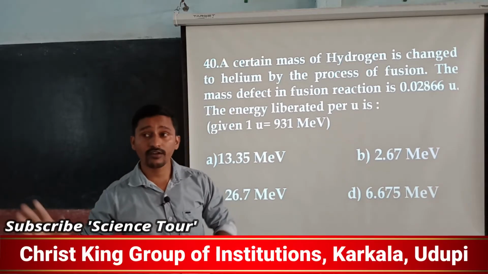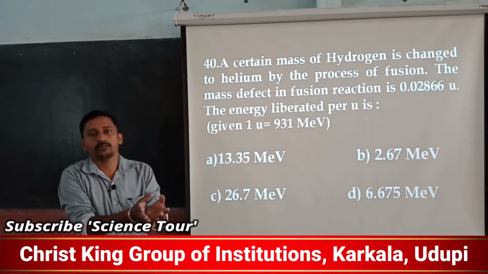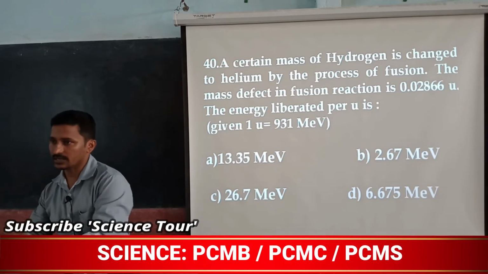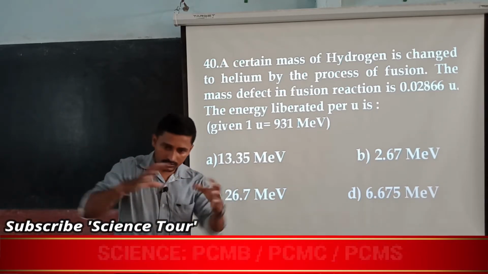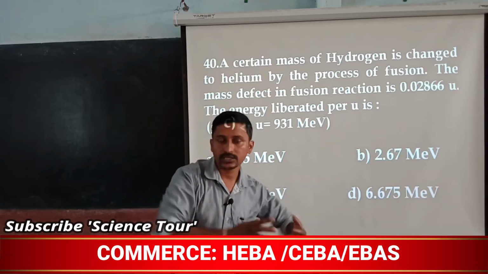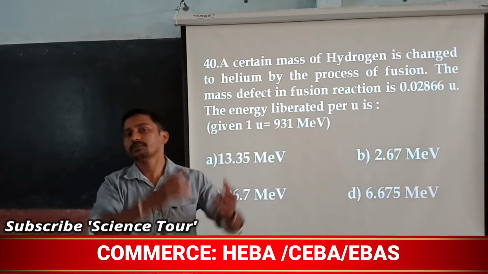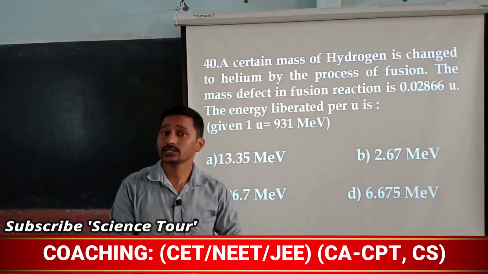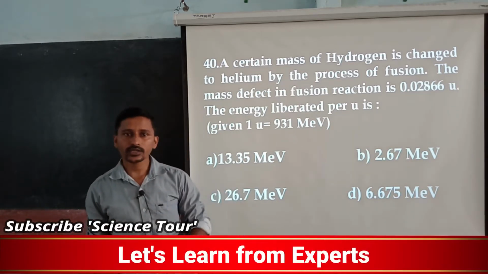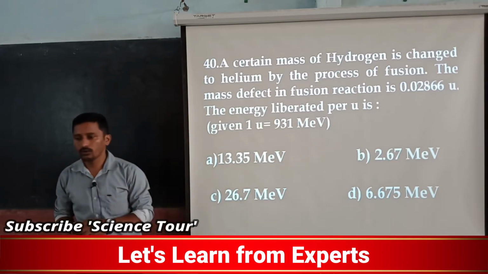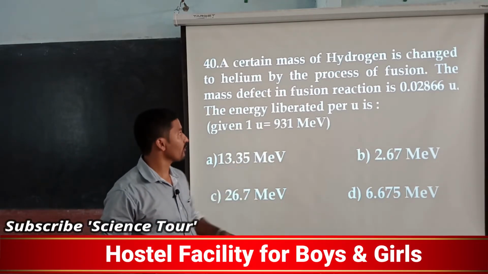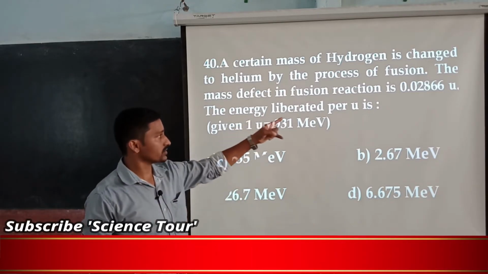That is, a number of hydrogens are going to combine to become helium. Now the total mass of the individual hydrogens you are going to calculate is somewhat X. When they come together and become helium, that mass must be X, but you are not going to get that because some mass is converted into energy for the binding energy, right? Yes. Now what are you going to do? That binding energy is liberated, and they have told the mass defect, that is